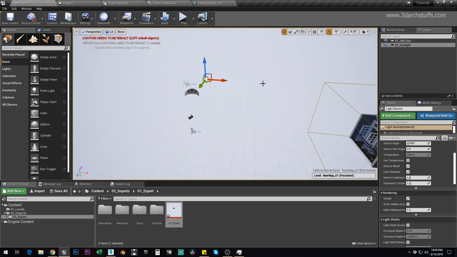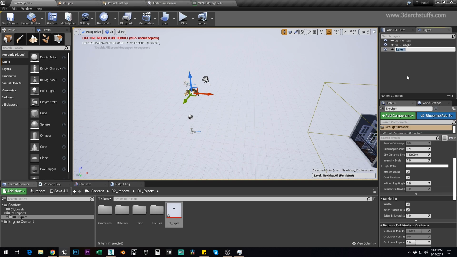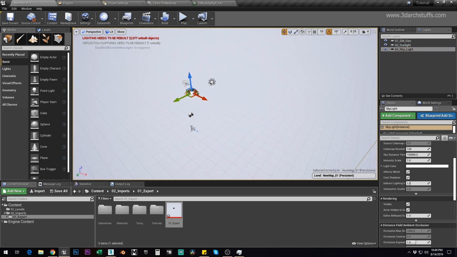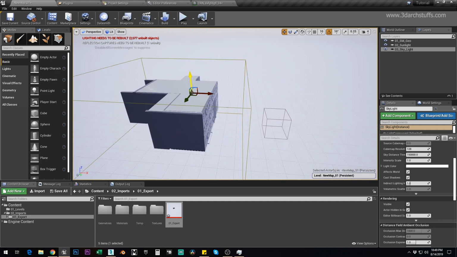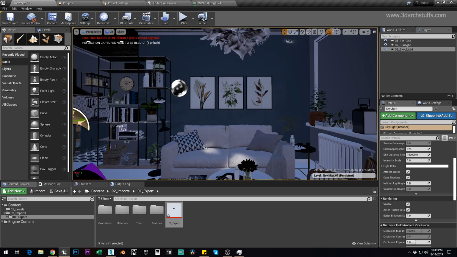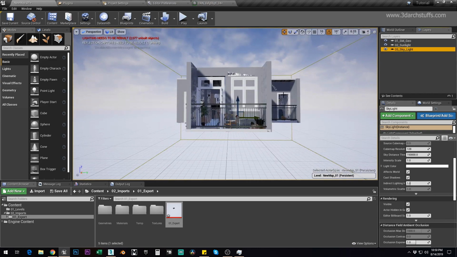and after that we have to select skylight, and then again right click, add selected to the new layer, and then I will rename it to 03 underscore skylight, so that every time I want to access it, I can double click here or select it very easily. And